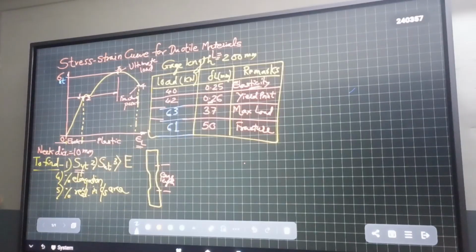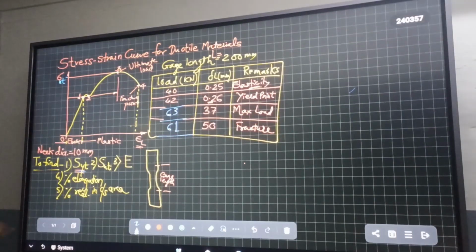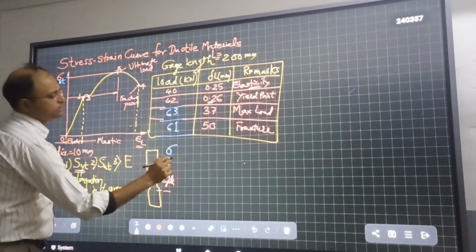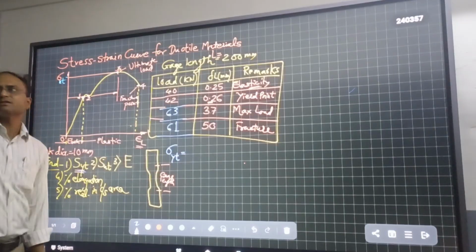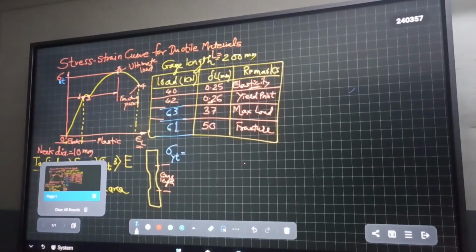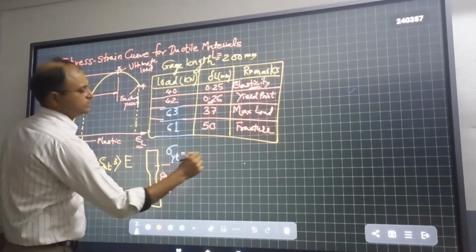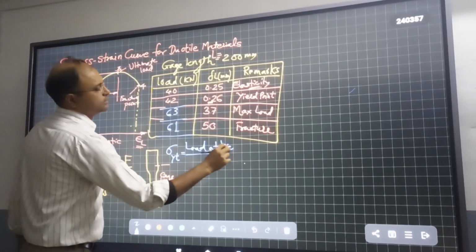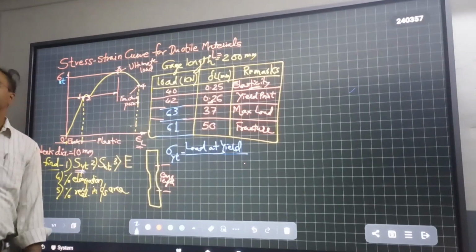Okay. Let us calculate one by one. So first sigma YT, right now. Let us follow only one notation. Up till now we have used sigma notation, so let us use sigma. So sigma YT, you write in words: yield strength in tension is equal to load at yield point